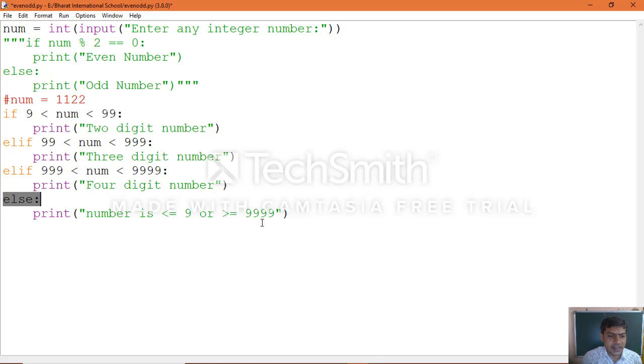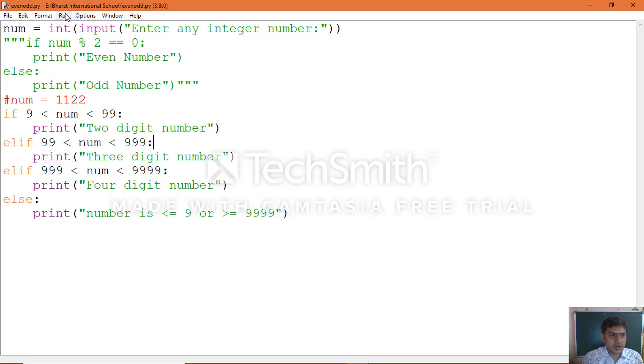Either if you give a single digit it comes in this part, or if you give a 5-digit number, then it comes again to this else part. The first condition becomes false and directly comes like this. Each else block we checked one by one, you can see.